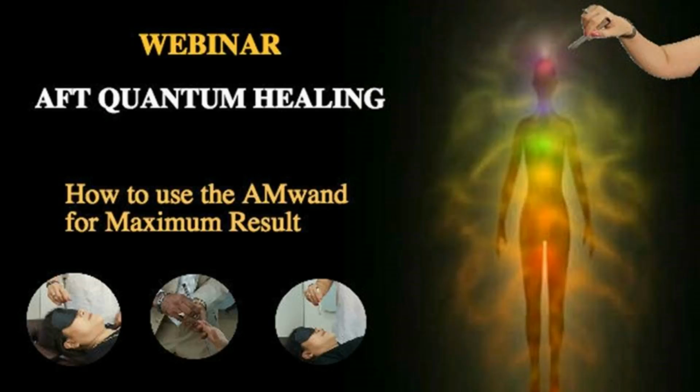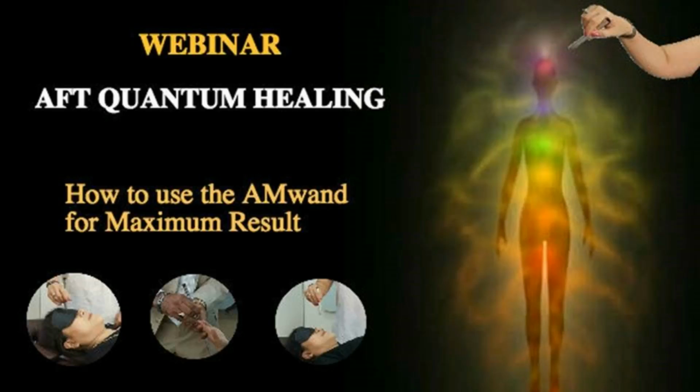Now, when you use your M1, I want to make sure that we are clear on this topic. When we're using the M1, we're basically into what we call AFT quantum healing therapy. AFT quantum healing therapy leverages energized products to facilitate the healing within, meaning that it's not the person doing it who is the one healing. Basically, when you use the M1 on yourself or on other people, you are facilitating the healing to happen within that individual.